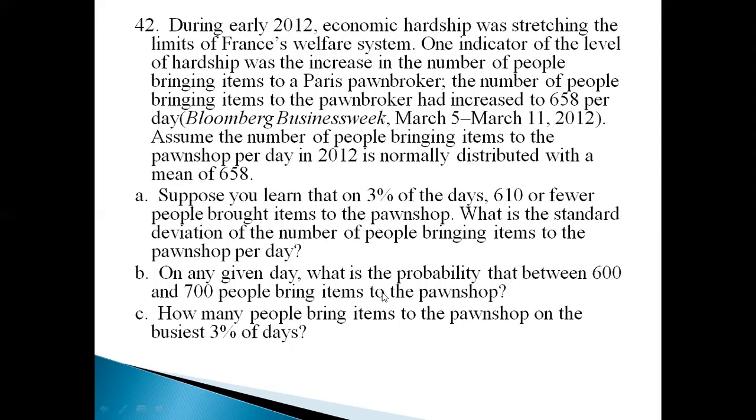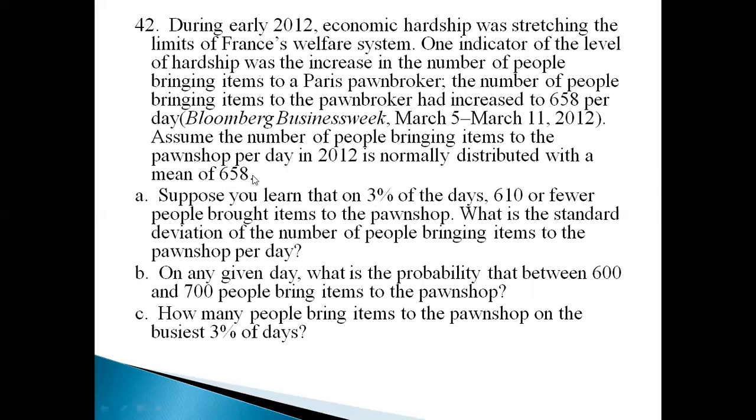Now, number 42 in our book says, during early 2012, economic hardship was stretching the limits of France's welfare system. One indicator of the level of hardship was the increase in the number of people bringing items to a Paris pawnbroker. The number of people bringing items to the pawnbroker had increased to 658 per day. Assume the number of people bringing items to the pawn shop per day in 2012 is normally distributed with a